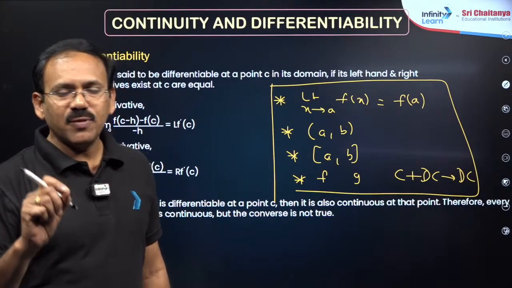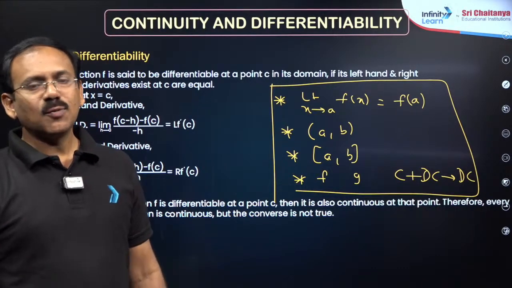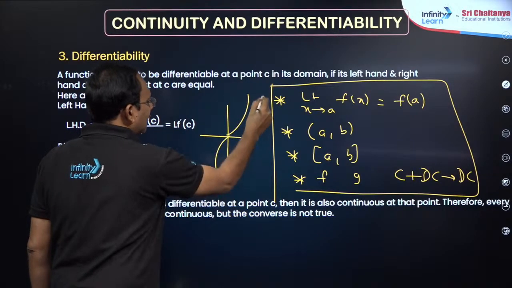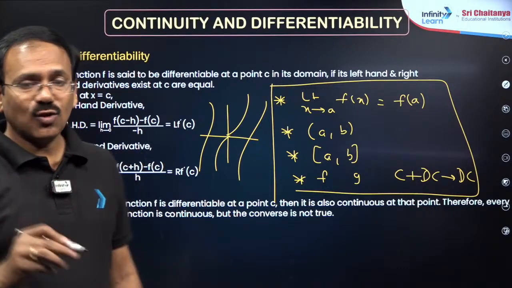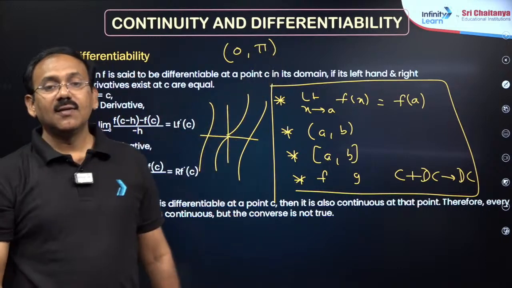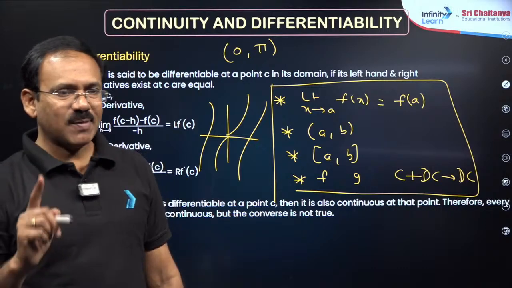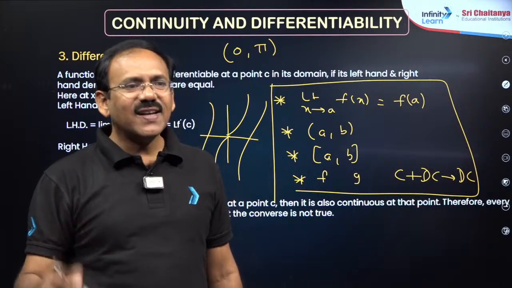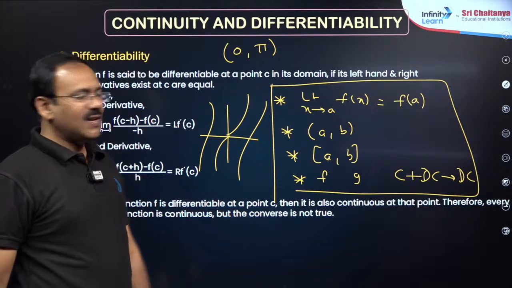A function is said to be continuous if it is continuous at every point of its domain. So it is discontinuous at pi by 2, but pi by 2 is not there in its domain. You know it breaks here and there, but pi by 2 is not there in its domain. So if somebody says tan x is continuous over the interval 0 to pi, this is false. But tan x is a continuous function by the definition because on its domain it is continuous. Got my point? This is a very, very important point.